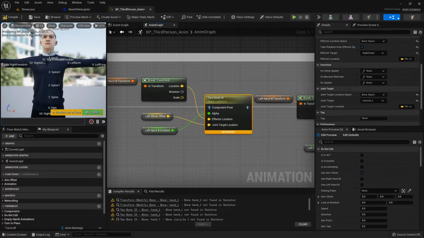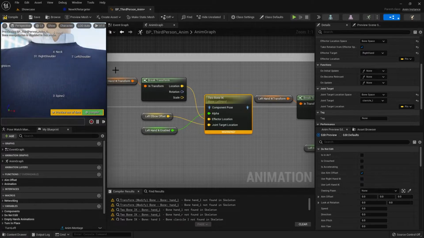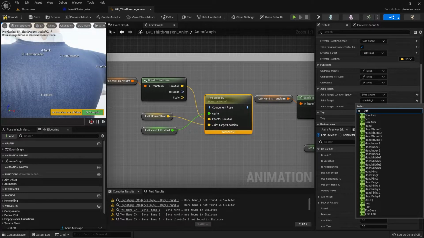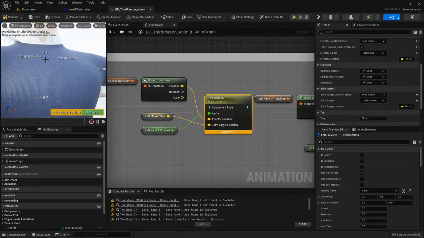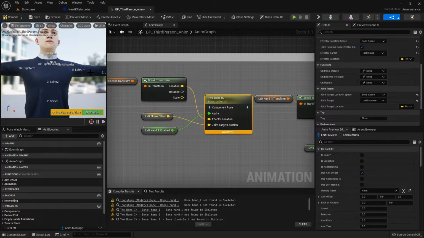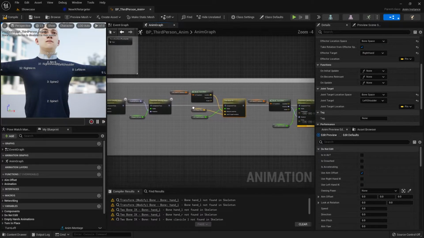So this is kind of the bone inside your torso that's connected to the rest of your arm. For me, the clavicle left is called left shoulder, so that's what I'm going to use. And we want left shoulder. Again, this will be whatever the bone is on your character that's roughly around here, that connects to the spine and connects to the rest of the arm. So now I'm just going to compile to make sure we get rid of those warnings,